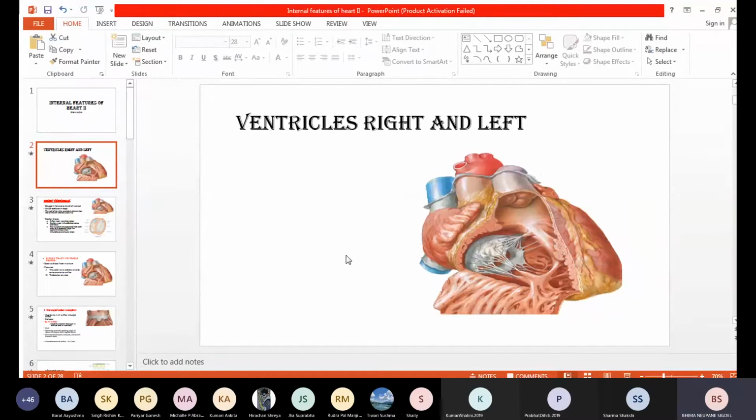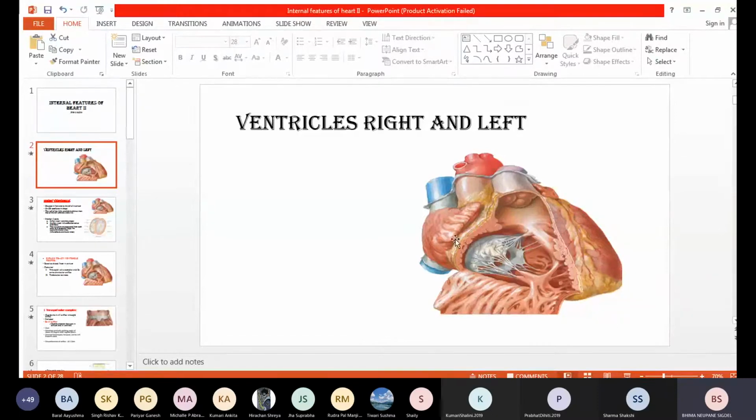Okay. So similar to last time, when we mentioned that the right atrium was very important for your theory and for your sports also, similarly in the ventricles also, if you remember one chamber, it will definitely help in the other chamber also, right? So concentrate while studying. We'll start with the right ventricle. Most of the characteristic features will be similar in the right and left ventricle. So directly, without delay, we'll go to the right ventricle.